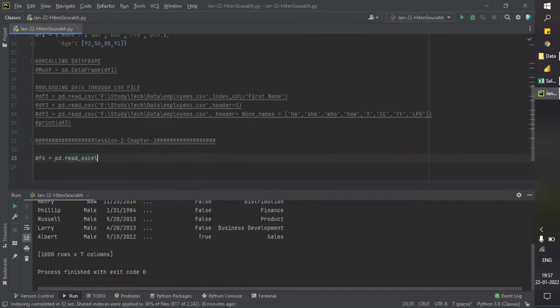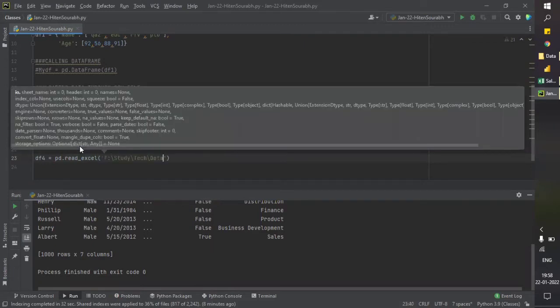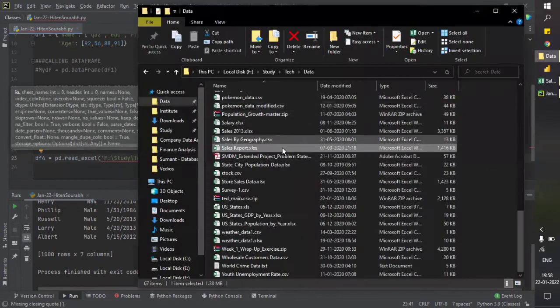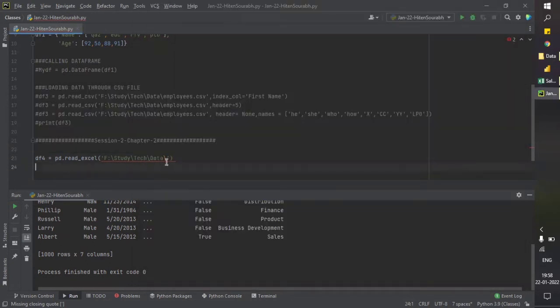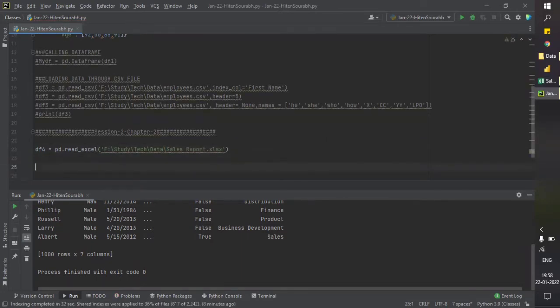So I'll just press tab and fill in the rest of the code. Then start the parenthesis, and with a single quote paste the location name and a slash, then take the file name and put it here. Okay, now let's print this first, df4.